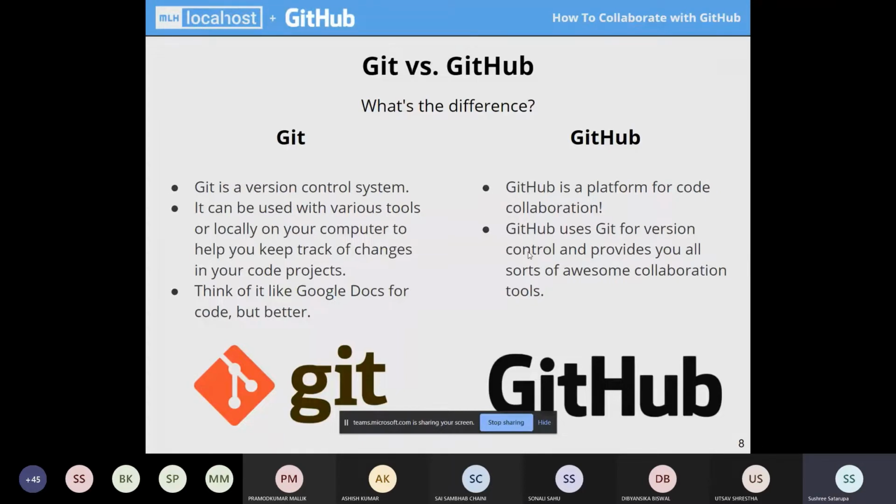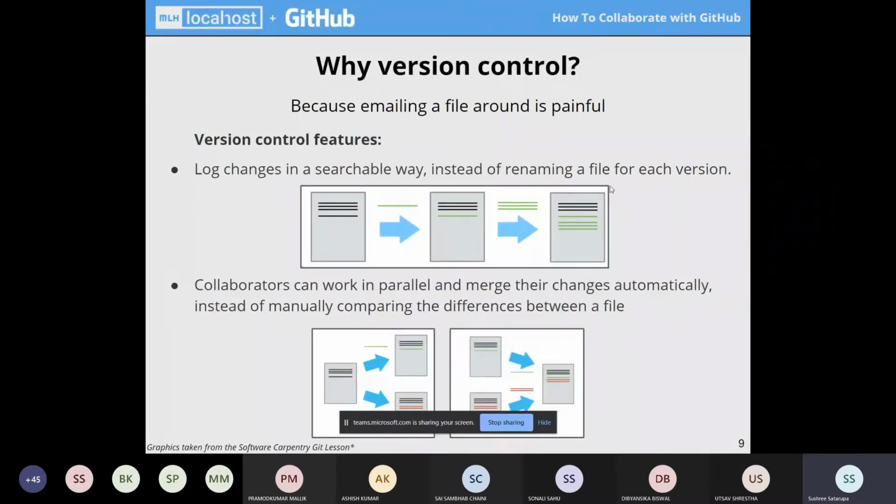So what is version control? For example, you are preparing a timetable for yourself, but your friend who has taken a minor course will prepare the same timetable, but in addition to that, he or she will add an extra subject to their timetable. So you have to prepare two versions of the timetable.